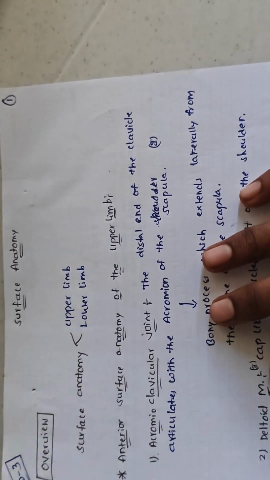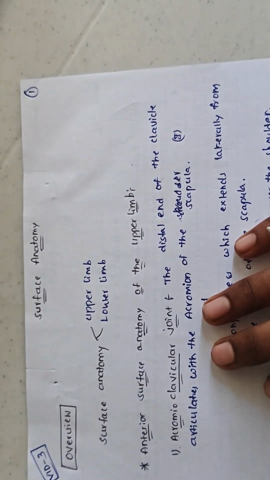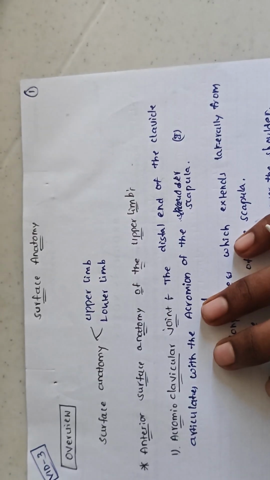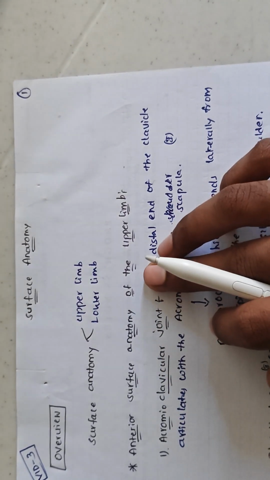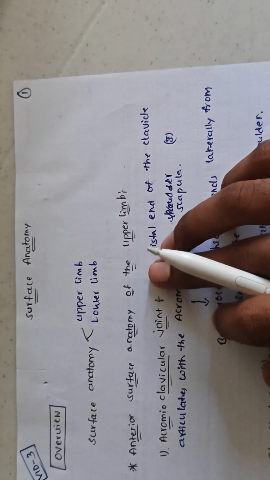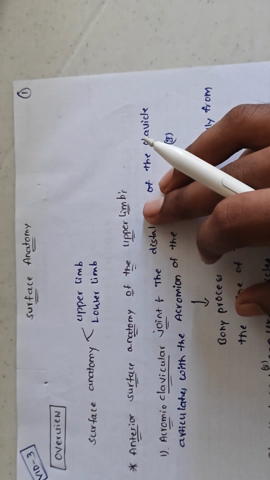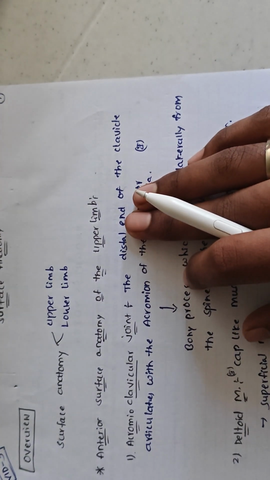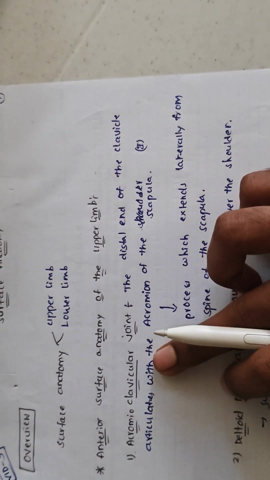Hello everyone, in this video I'll talk about the surface anatomy of the appendicular body. In my previous video I discussed the surface anatomy of the axial body. Firstly, for the surface anatomy of the appendicular body, we'll discuss the upper limb and then I will discuss the lower limb. Firstly, the upper limb is connected to the axial body by this joint, which is